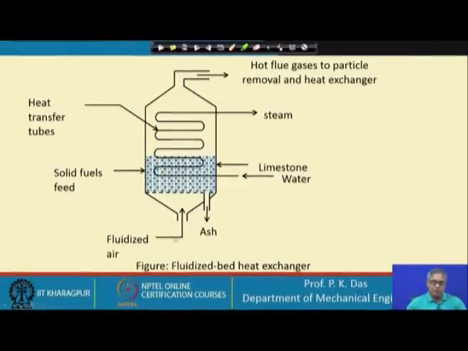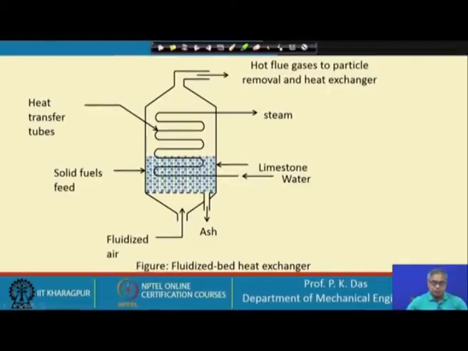Through this one can send air, and with the air this combustible material may be coal dust or some other solid fuel that will burn and produce heat, but that heat will be in this fluidized bed in the solid particulates. When those particulates come in contact with the tube, they will transfer heat. So, you see the first air is heated, or the product of combustion that is heated, and then that heat through the granular material is transferred to the fluid which is passing through the serpentine coil kind of a thing.